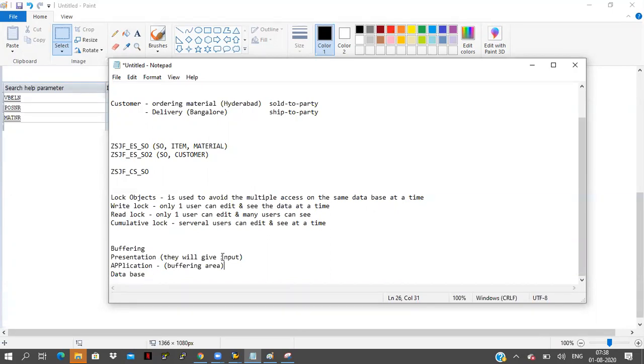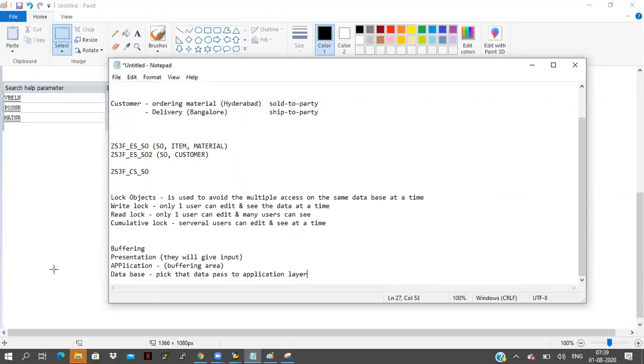At that time it directly comes to the application layer. In the application layer some buffering area will be there. It will check whether there is any data related to that input. If the data is not available, it will go to the database layer and pick the data. That input related information it will pick and pass to the application layer.